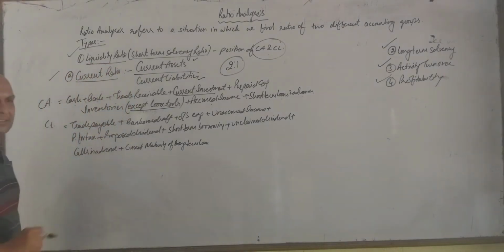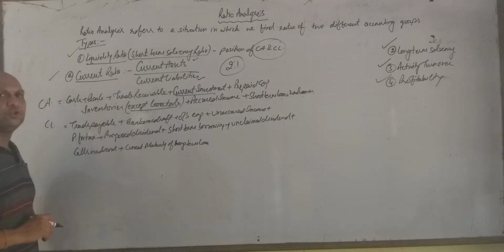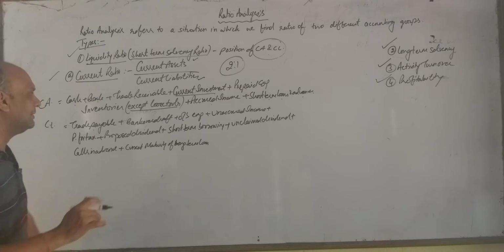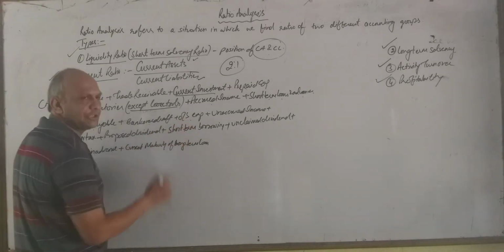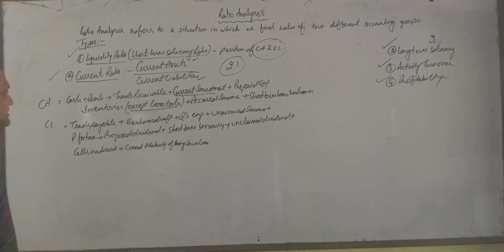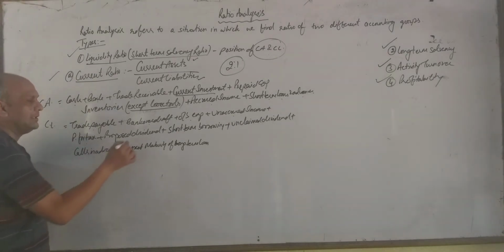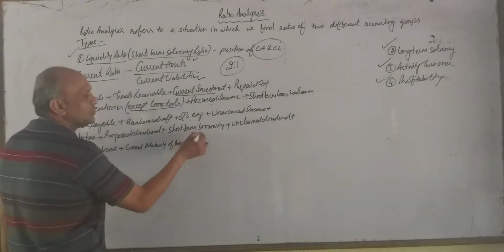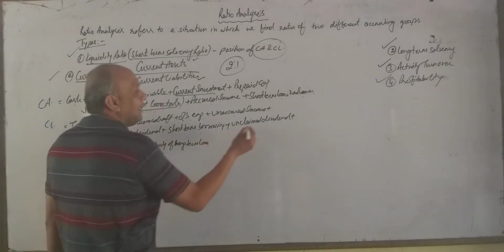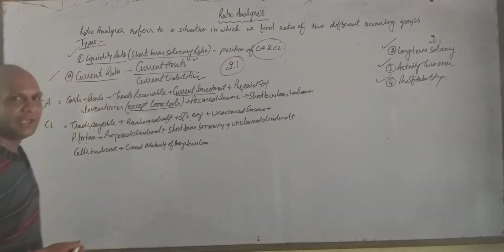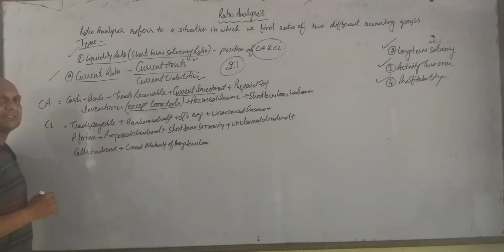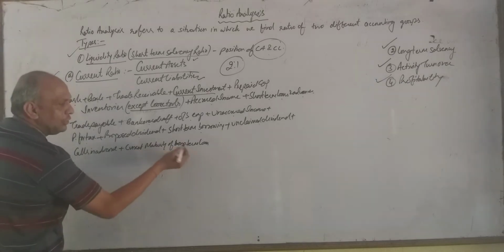Now current liabilities. First of all, trade payable. Trade payable means creditors plus bills payable. Bank overdraft, outstanding expense, unaccrued income, income received in advance, provision for taxation, proposed dividend, short-term borrowing. We have taken a short-term loan from anywhere. Unclaimed dividend, dividend which is not claimed by the shareholders. Calls in advance. Current maturity of long-term loan.